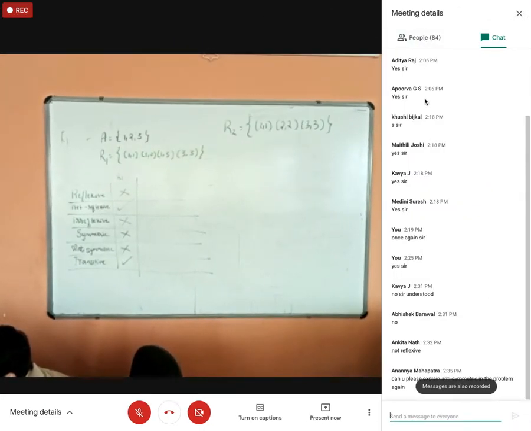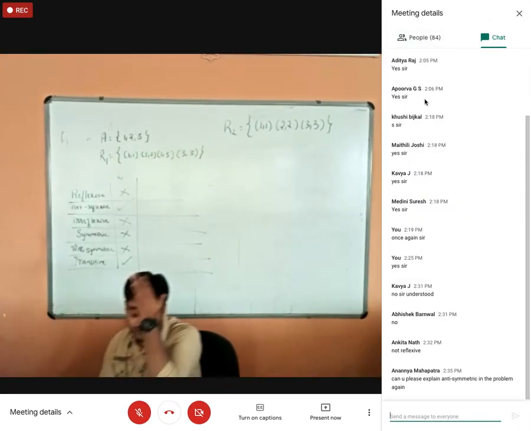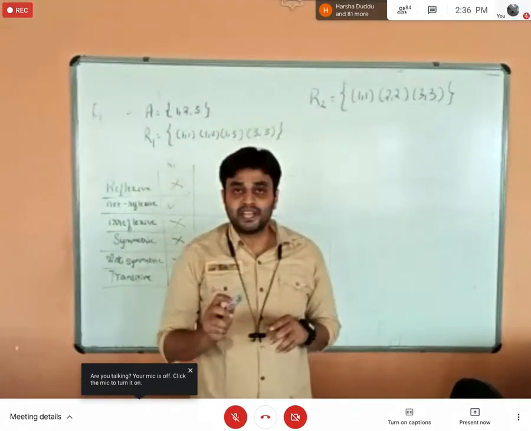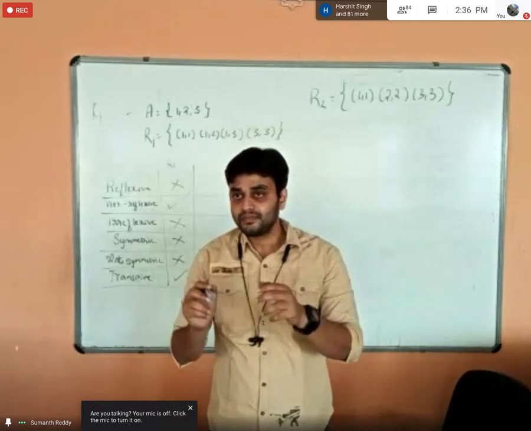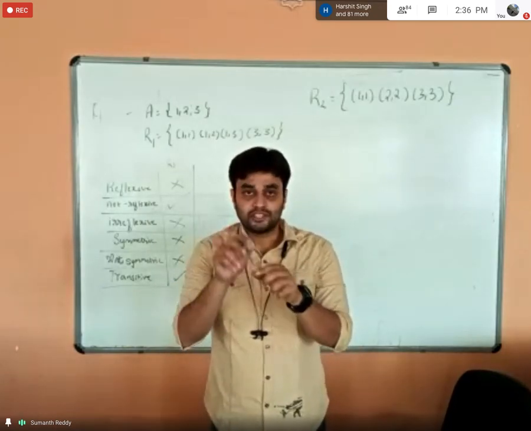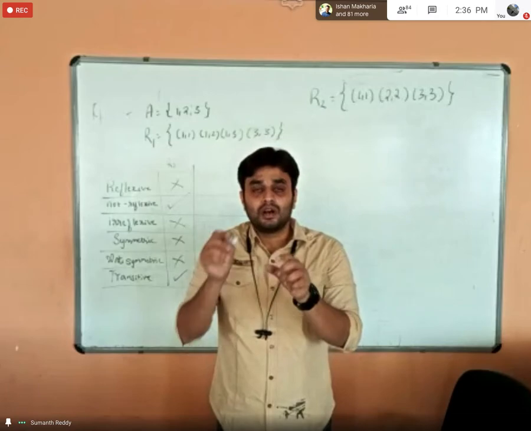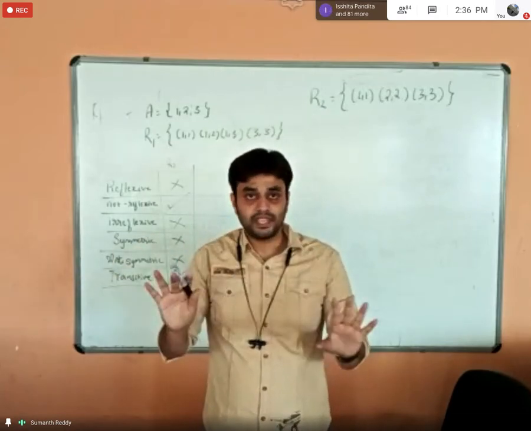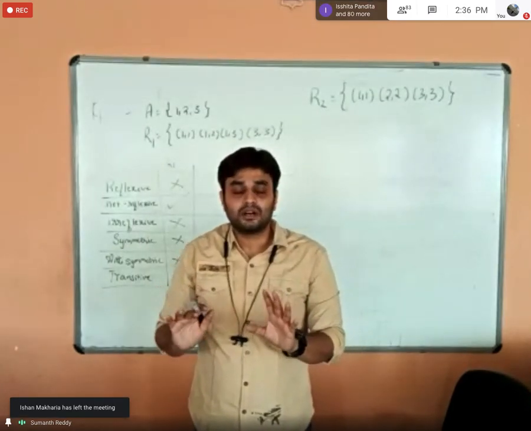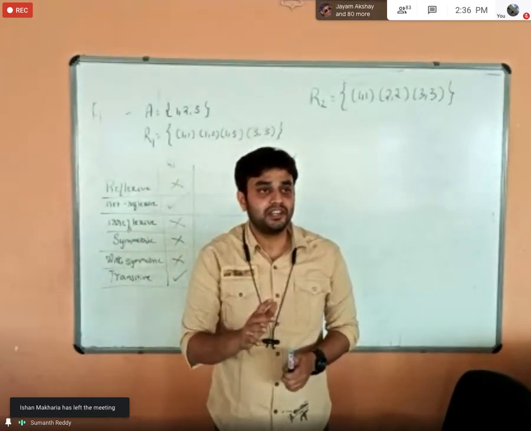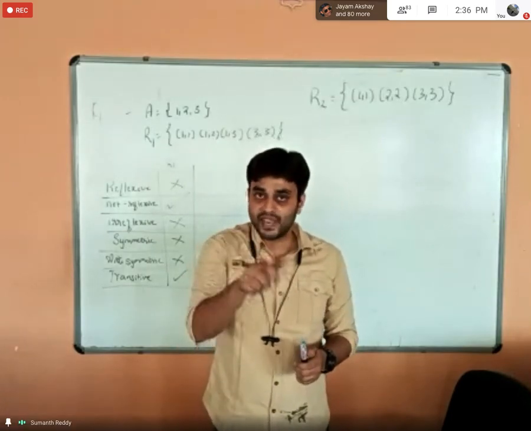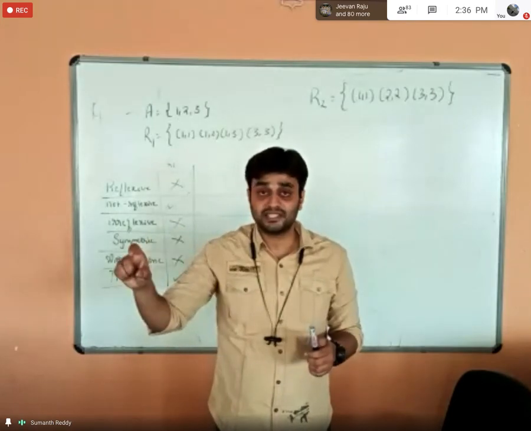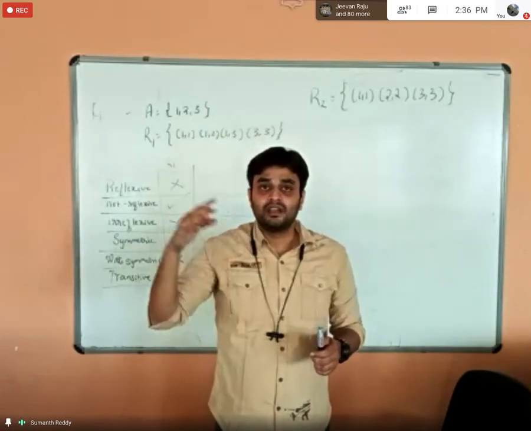Okay, Anian, you are asking about the anti-symmetric property. First of all, you need to understand that the anti-symmetric property says that if I have 2, 3, and if I have 3, 2, then I should be able to say that 2 and 3 are equal, but 2 and 3 are not equal. In general, if a relation exists between x, y and also y, x, and they are equal, then such a relation is said to be anti-symmetric.